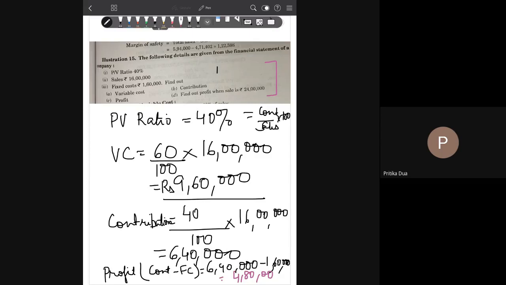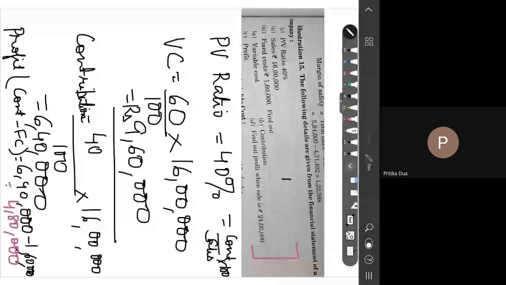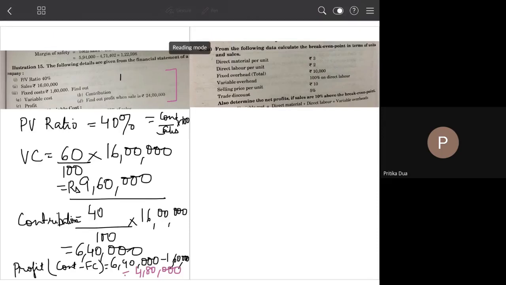Okay, so I think most of you are able to solve. You have got 8 lakh as the profit. Just complete, so that we can move to the next question. What I'll do is by that time, the rest of you, ones who have solved, can start with the next question. Others should complete this question and then move to the next question.